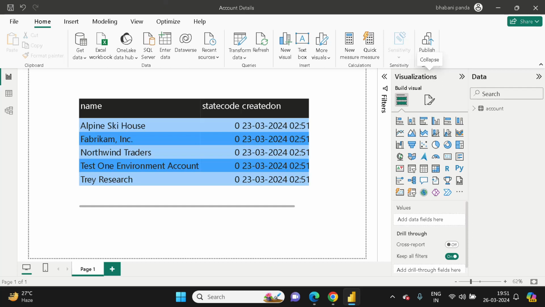Hello everyone, good evening. In today's session we are going to learn about the query parameter in the pipeline for Power BI reports, as well as how we can dynamically change the connection string for the reports we have. This is a sample report which I created, and the source of the report is Dataverse